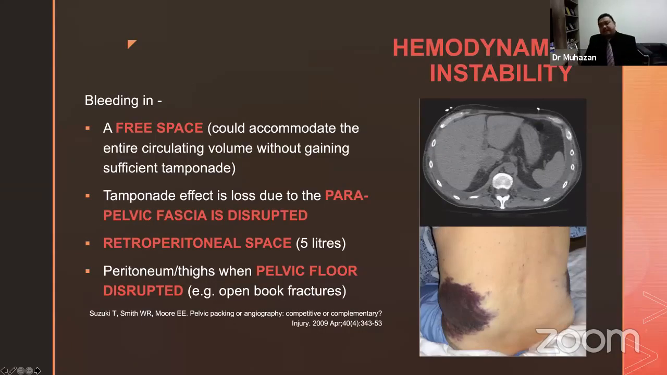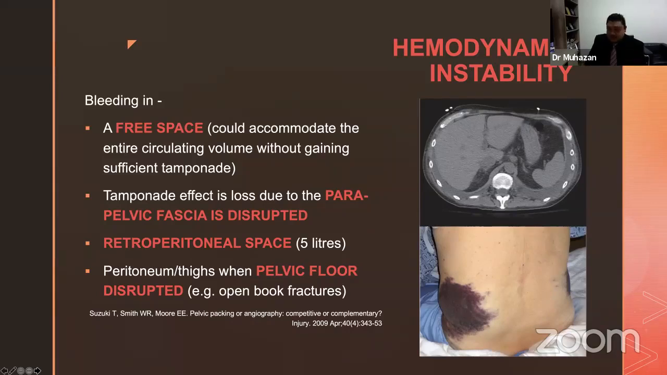Now the patient is bleeding, but then you're thinking every bleed could have a tamponade. You're right, but in a pelvic fracture, number one, the patient can bleed into a free space. Number two, the patient could also bleed into the retroperitoneal space, and the retroperitoneal space can accommodate up to 5 liters of blood. And when you have the